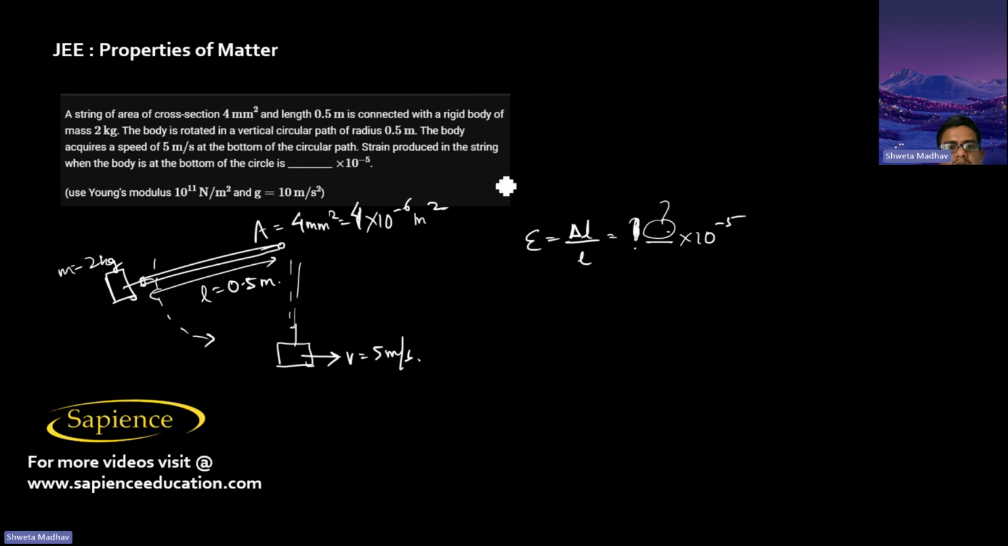And Young's modulus has been given as 10 power 11 Newton per meter square, and the g value we have to take as 10 meter per second square. So here, the tension force, the tension in the string, so that will be